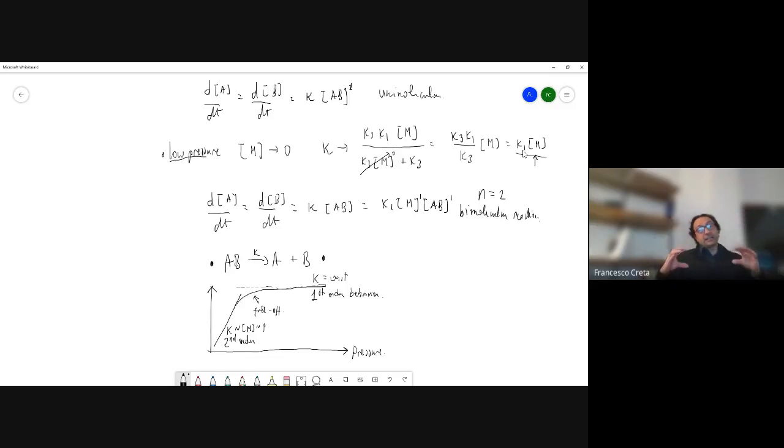It hides the sub-mechanism, which we may or may not write down explicitly. But in this particular case, we have to remember that K doesn't really follow the typical Arrhenius behavior, but it follows this sort of pressure-dependent